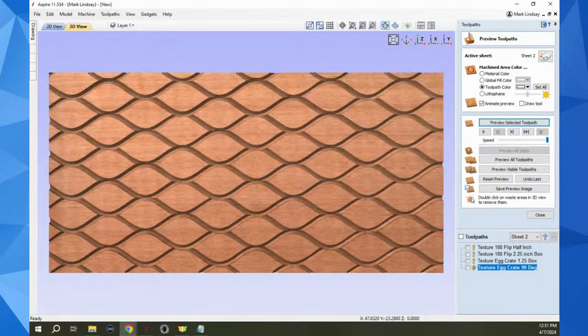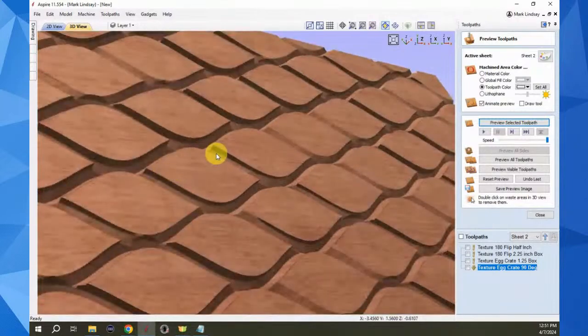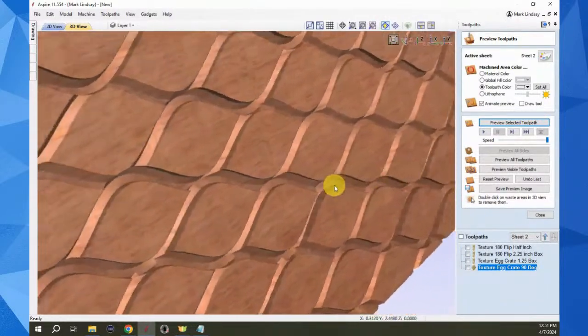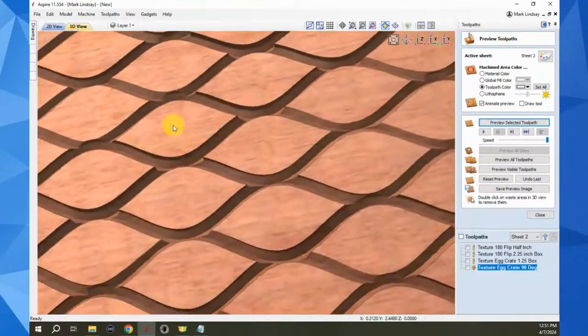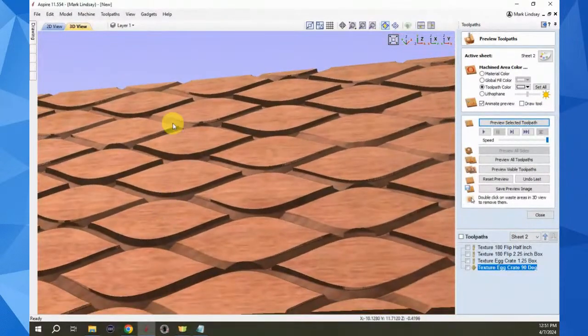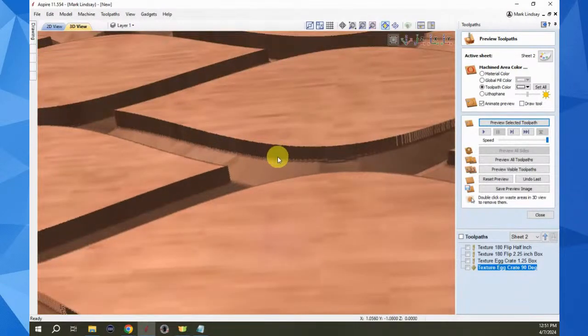Let's see here. Take a look at that. I think that's interesting as well. I don't know. I think I would tend to bring my cut depth down below. You can see these straight edges here. That's a remnant of this V-bit cutting deeper than the width of the